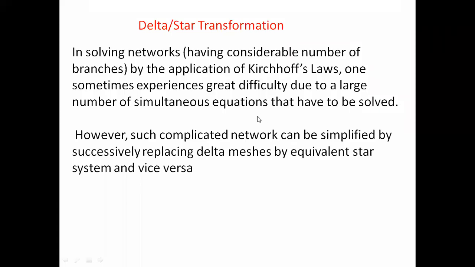Okay. So in the last class, we saw the measurement of the equivalent resistance of a given network. In some complex networks, it is not that easy, so we have some complications. To remove that, we can easily solve the resistance by using the delta to star transformation, or delta to star conversion.